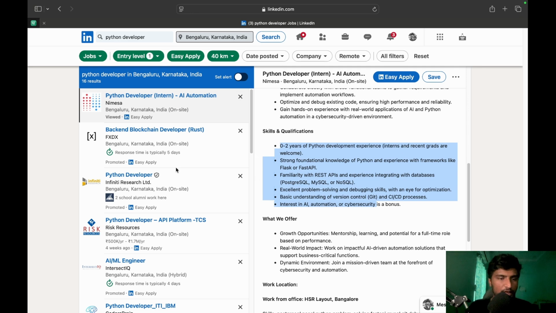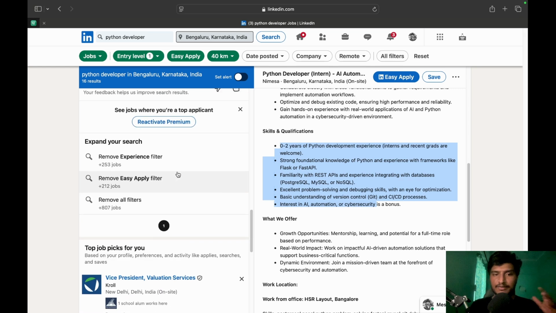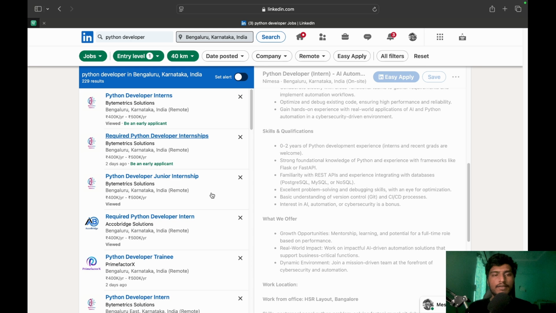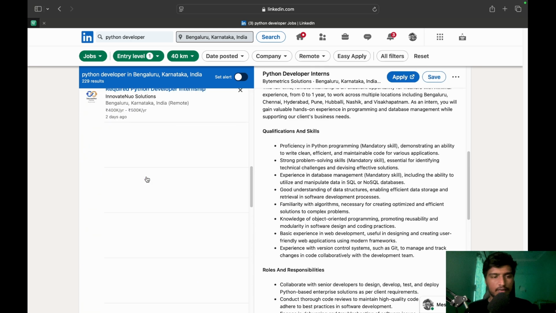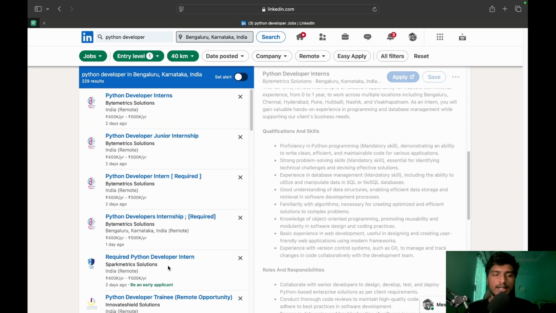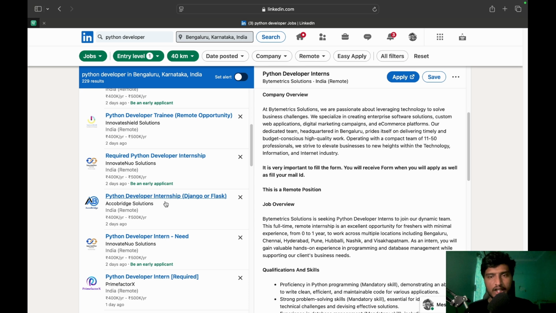So there are plenty of roles out there like that. For easy apply all the easy applies first, and then take off the filter easy apply, and now you have all the roles which was actually displayed. And go, there are plenty of pages here. If you see 2, 3 and go so on, like that. Go and apply everything with your resume.